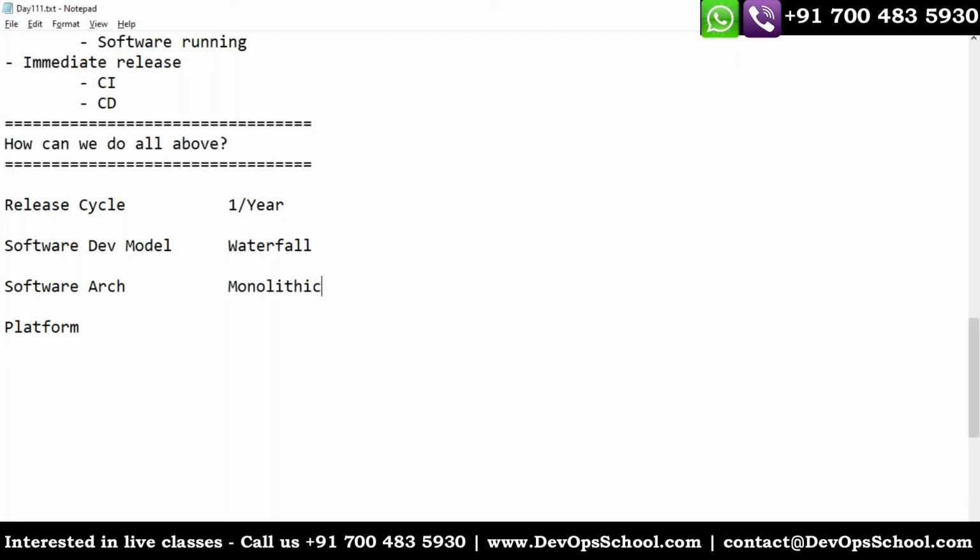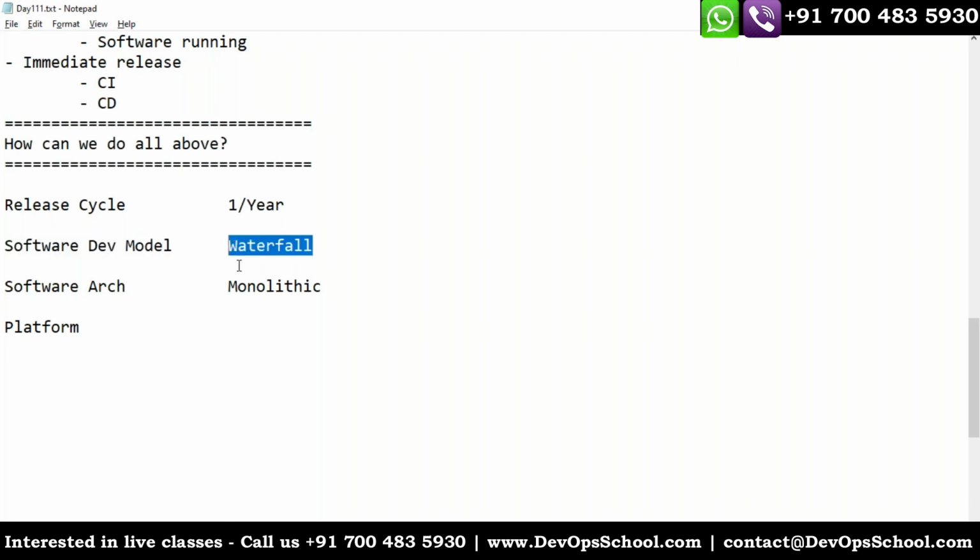Monolithic. So guys, if you have any questions in between, feel free to ask. So earlier we had a release cycle once in a year. Then the computer scientists suggested, hey, IT companies, please follow the waterfall model. Then software companies asked, why do we need to follow the waterfall model?